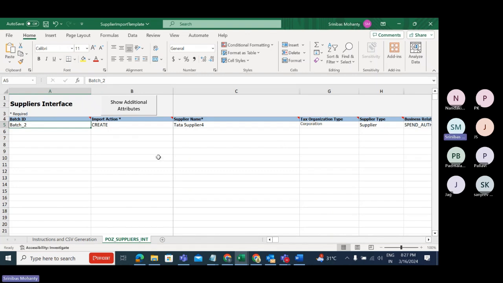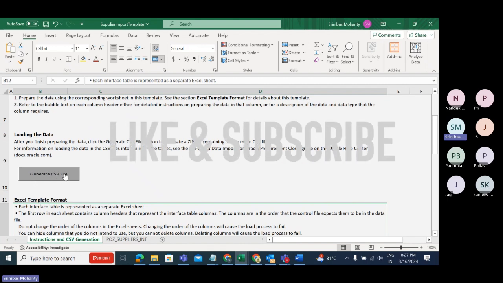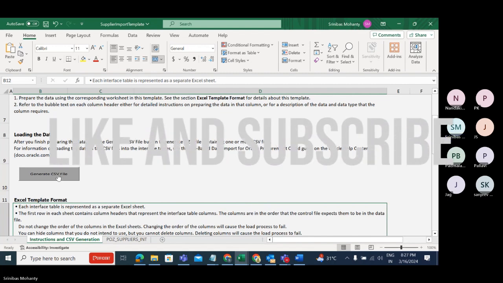So once you create that, just verify the information. Go to the instruction and CSV generation and generate the CSV file. Sometimes what happens is that the first time you open the BDI file, it will not allow you to generate the CSV file. So what you can do here,